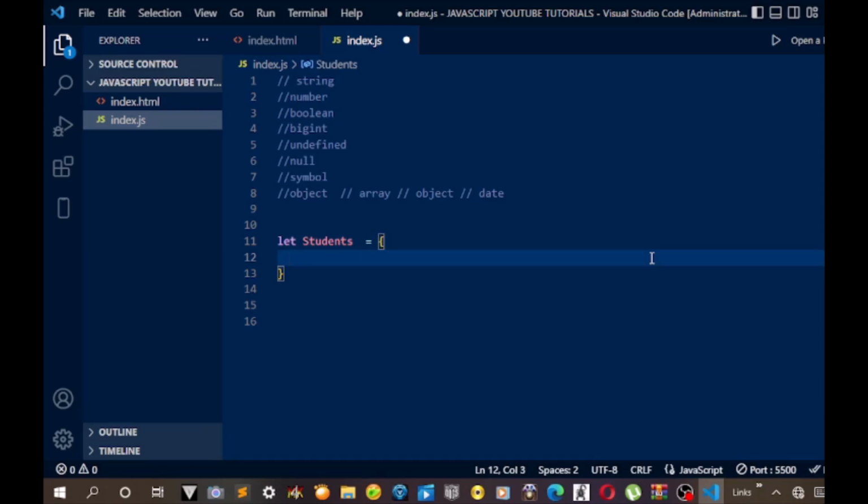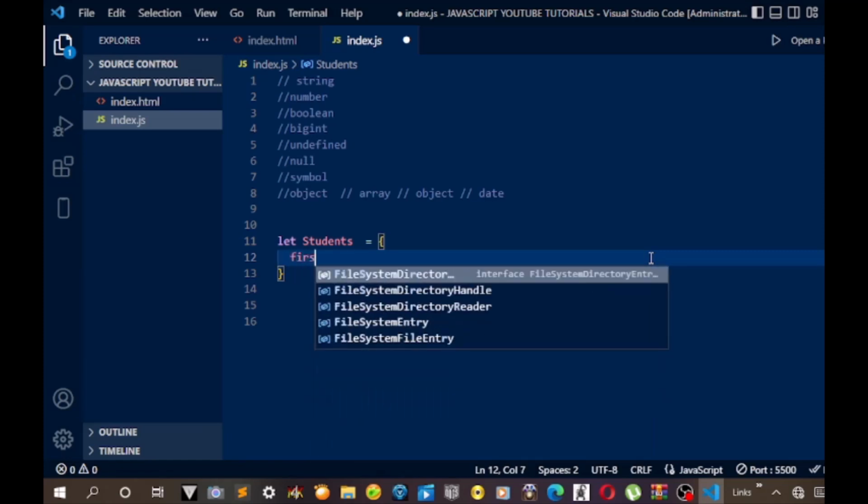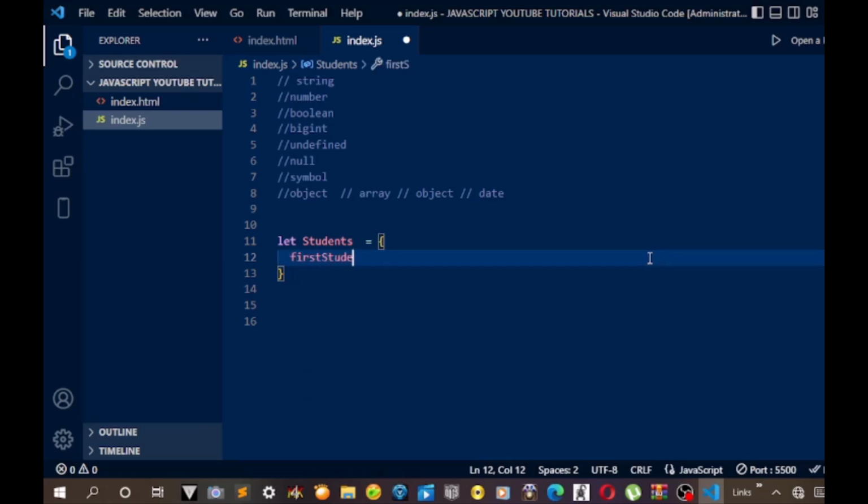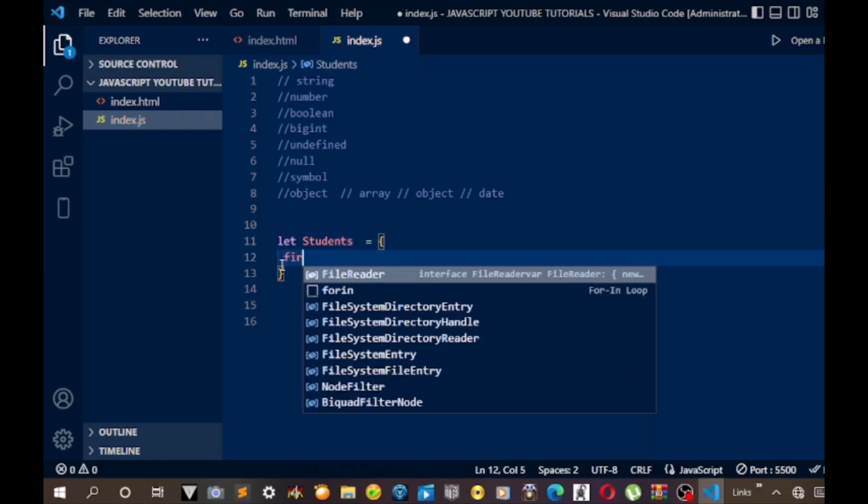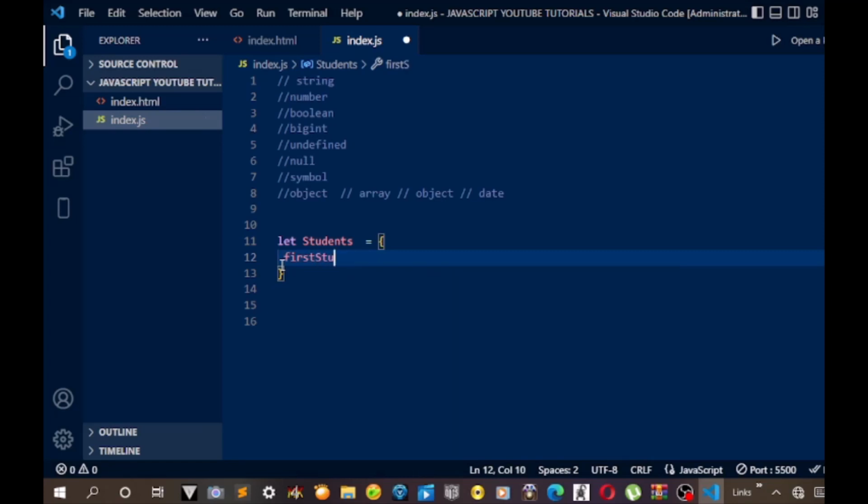So the first student, then you bring the name, maybe Samuel,